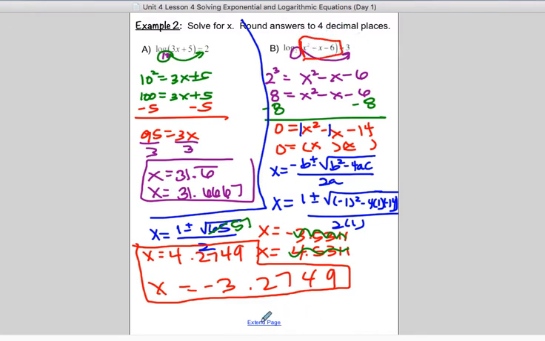Okay, so we can actually take the log. So those are both valid answers. Sorry about that. I don't know why I had 65. So, all right, moving on to